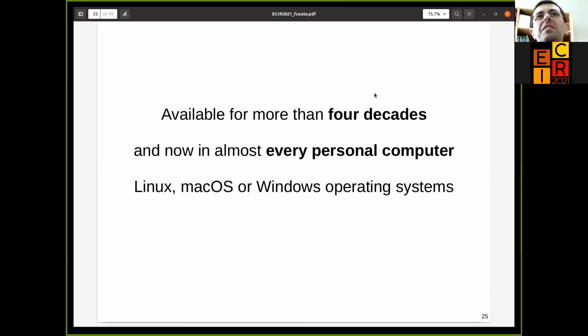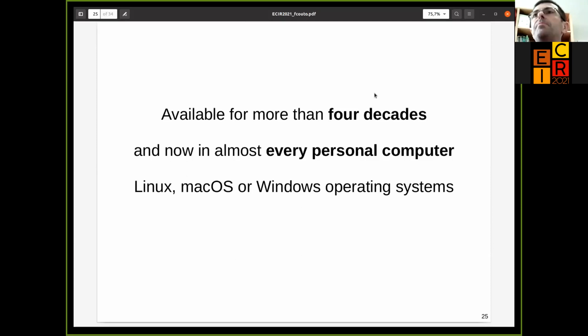Shell scripting has been available for more than 4 decades, so it's old stuff, but it's now available in almost all personal computers. Even Windows tried with PowerShell, but nowadays with Windows 10 you can install the Linux subsystem and it's everywhere. And it's something that everyone uses, for instance, in the bioinformatics field,